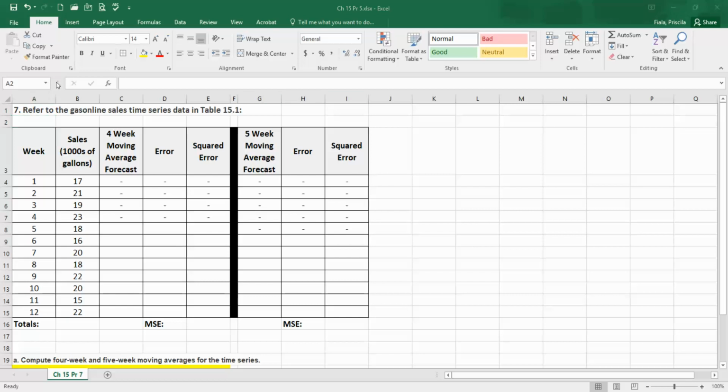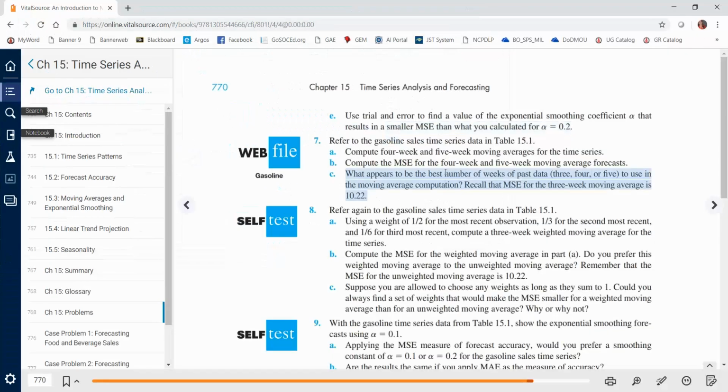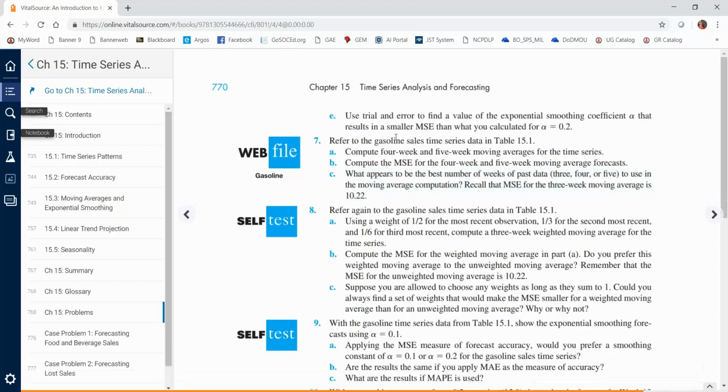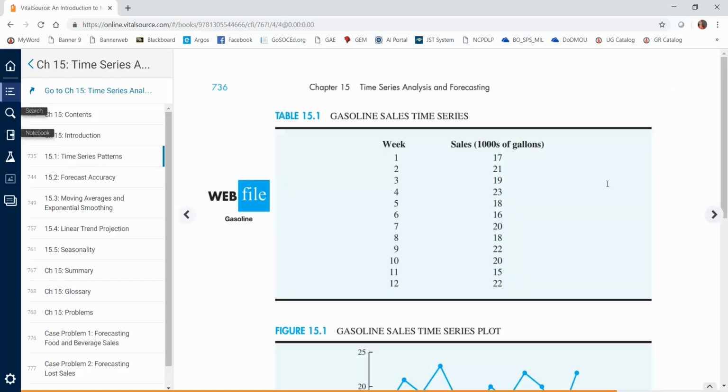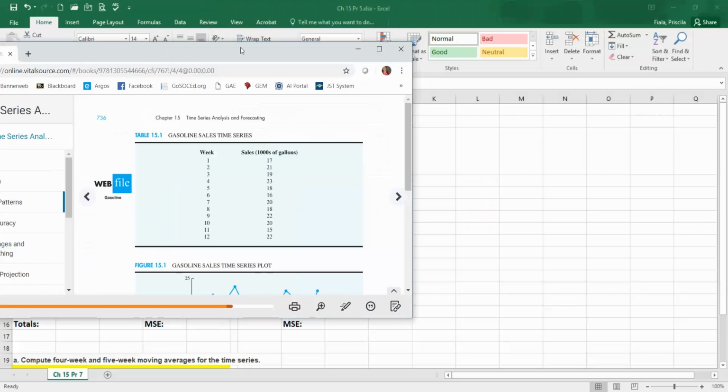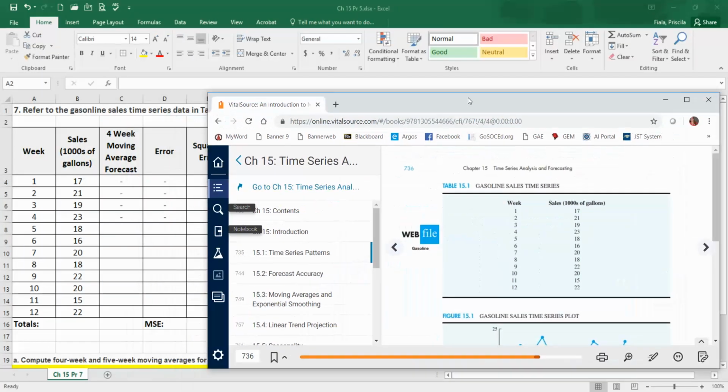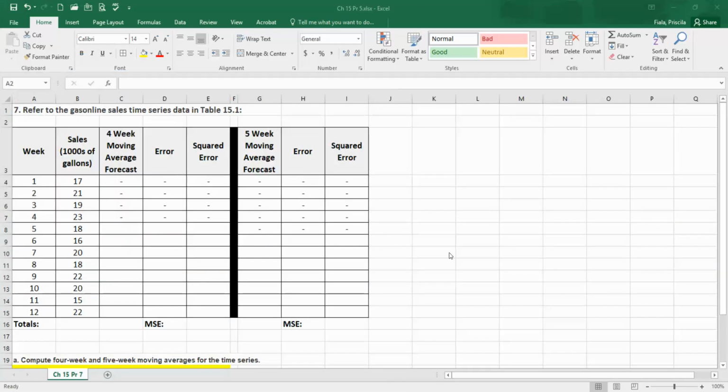So problem 7 in your book reads, refer to the gasoline sales time series data in table 15.1. So all I did, I went to table 15.1, which is right here, and then I just added these values over here. Okay, so these are these values. And then the problem is asking you to